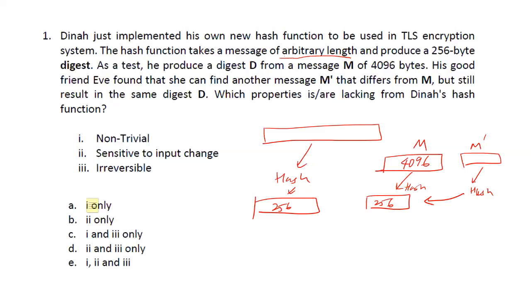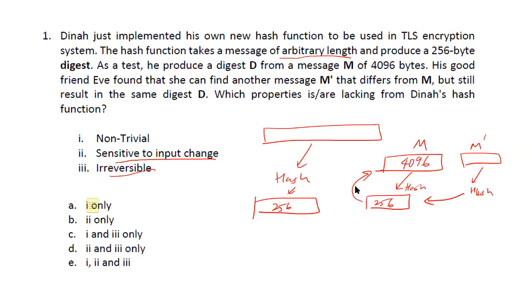Okay, so for this, for us to know whether this could be a factor, we should actually know what is M and what is M prime. But we do not know, right? We just know that it is different. Since we do not know how much this difference is, we can't really say that this is an issue. So we can't pinpoint to point 2 to say that this could be an issue. Point 3 is definitely not there as well, because there was no talk about going back to M, correct? We never said that we can decode the hash back to M.